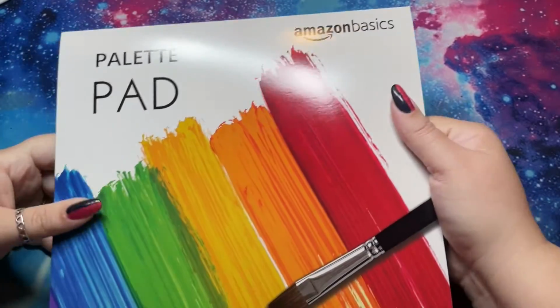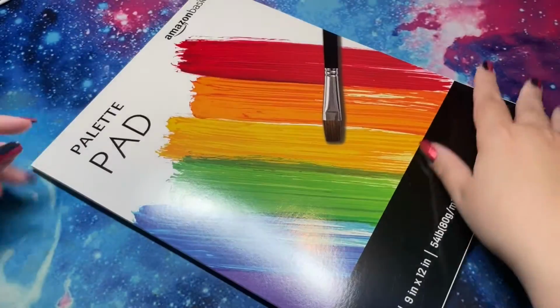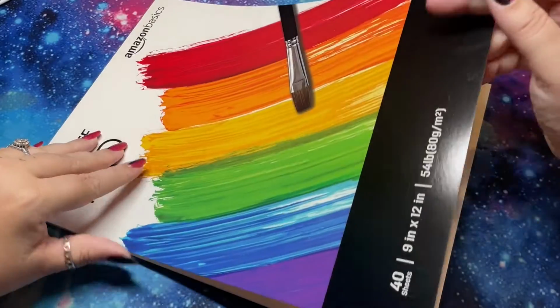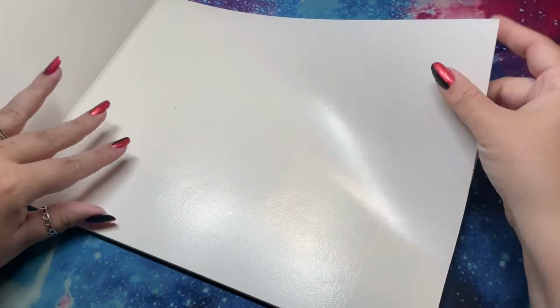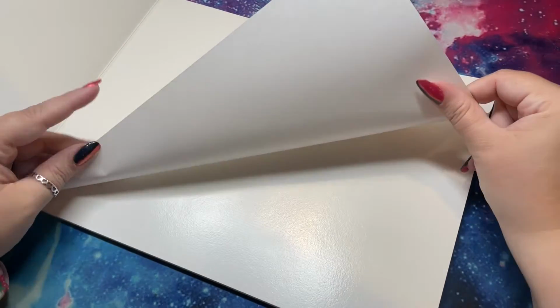But similarly, this is Palette Pad by Amazon Basics, and I'm actually very excited for this. And basically what it is, I can't even describe what type of paper this is, but it's like a special coating that you